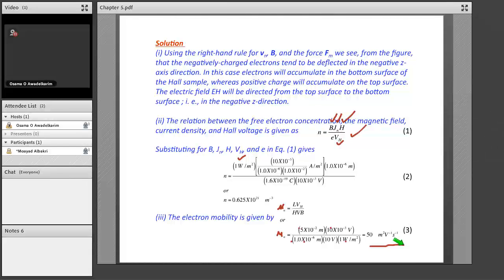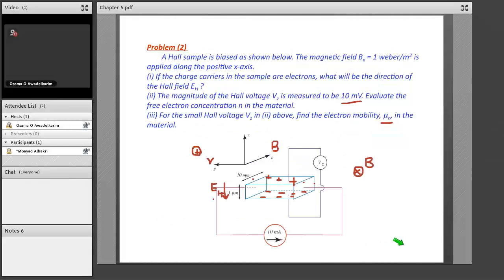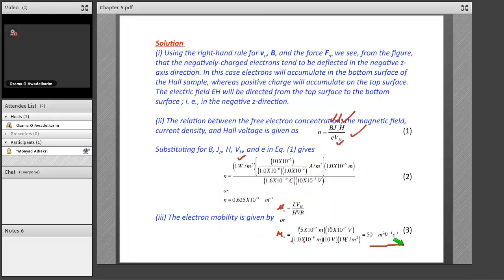So essentially we can use a Hall effect experiment to determine the mobility and the free carrier density in a semiconductor. So this is the first part, just to conclude: drift in an electric field first, and then drift in a combined electric field and a magnetic field, and the Hall effect. So I'll